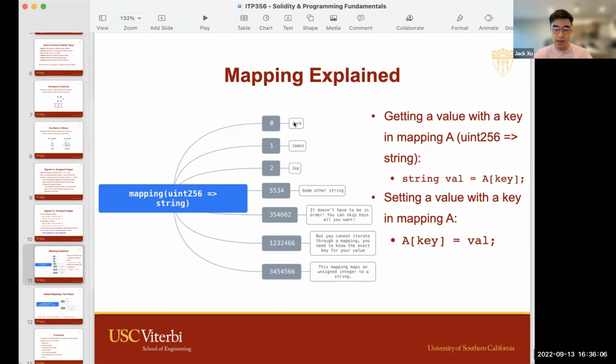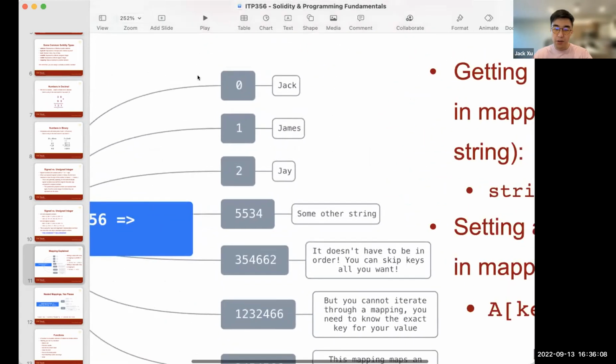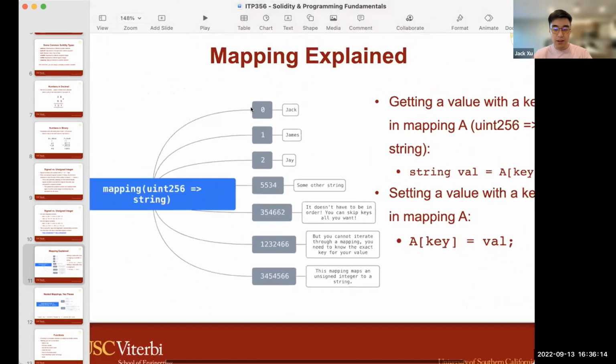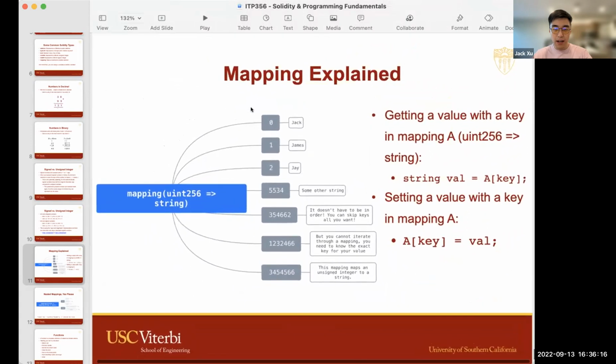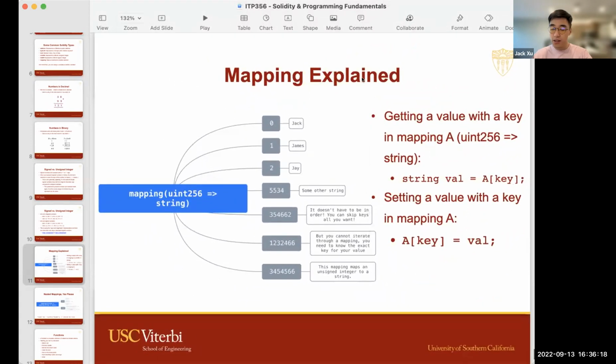If I didn't do 0 equals Jack here, then 0 would just be an empty string by default. So in Solidity, every single value to every single key is already initialized to the default value of the type. Technically, all the keys exist, all the values exist, they're just empty.